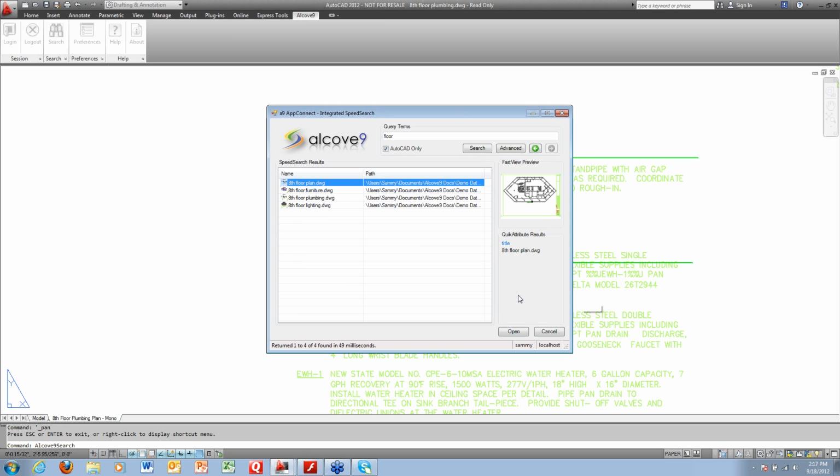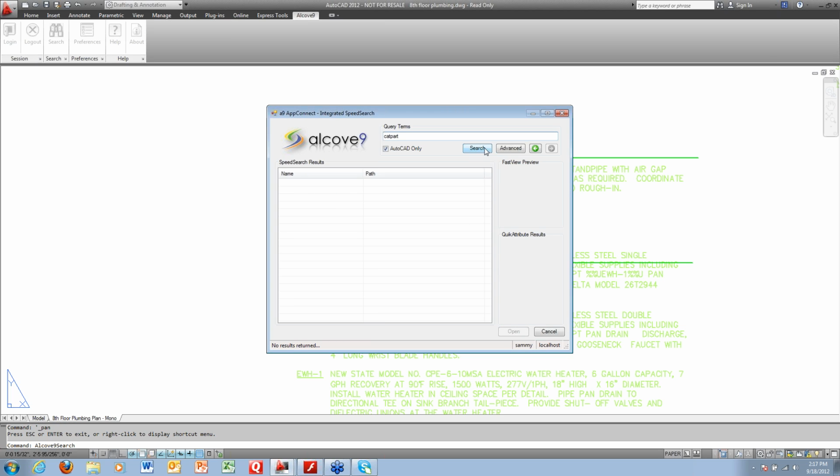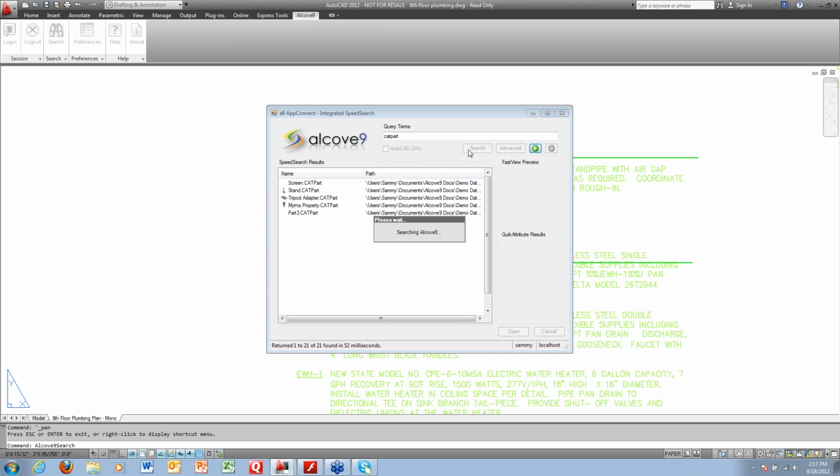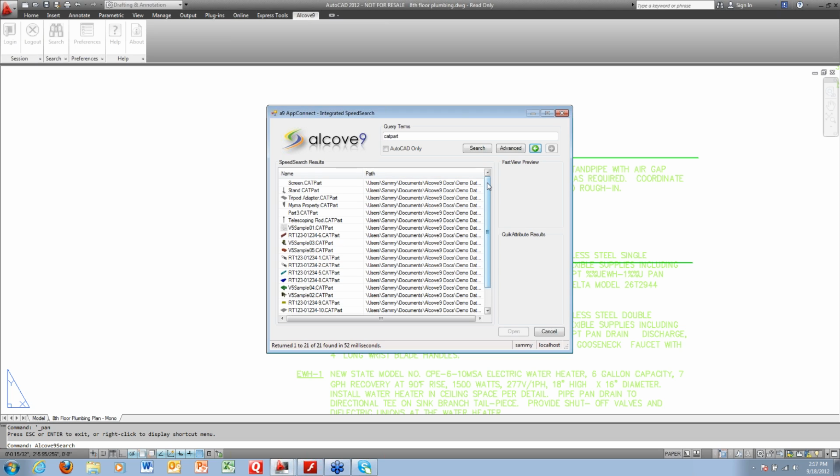Additional capability that we have, I mentioned the 3D models. We have in our database some other 3D models like some CATIA parts. We also have some Inventor parts, some SolidWorks and Solid Edge type parts also. You can pick any of these models, and it'll show you what the 3D model looks like right in the